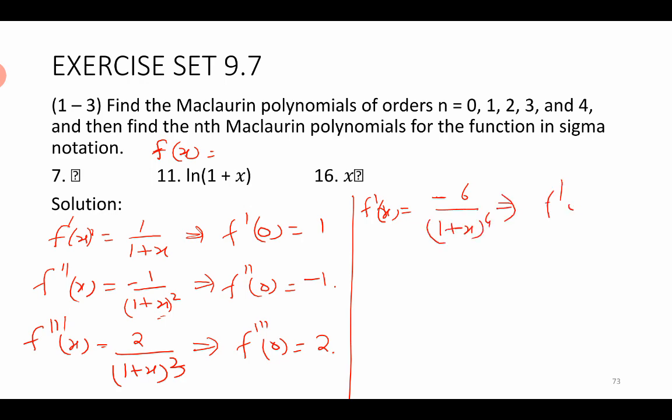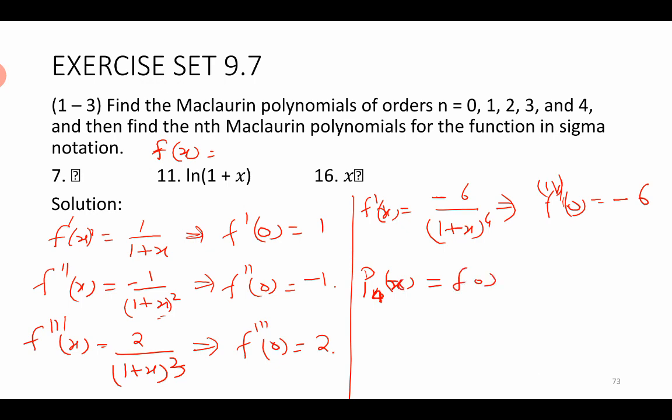When you substitute 0, minus 6 will be the answer. We want only up to the fourth derivative, because the formula for the fourth order polynomial P4 of x, a polynomial of degree 4, will be